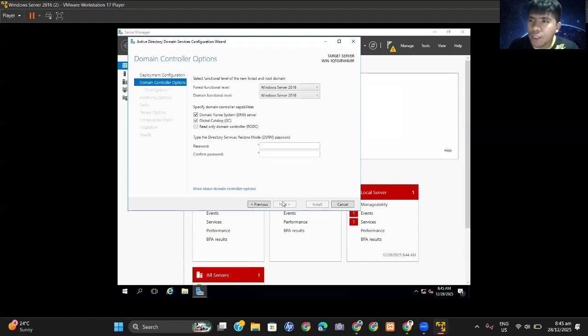to set the password for this forest. So for this forest password we need to type here, CSS at local 2025. Then we need to confirm the password here. So as you can see, we use the same password so that we can remember it again.